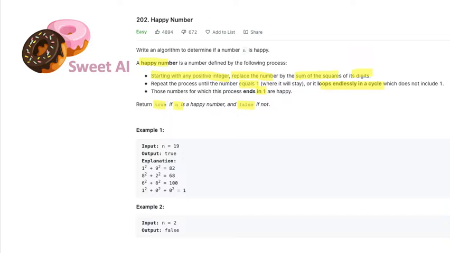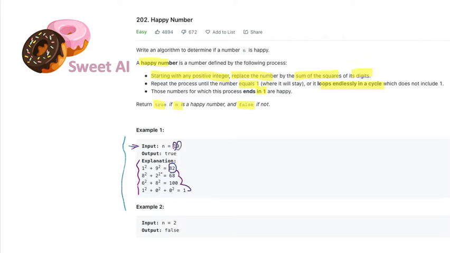Let's go through an example to better understand this question. This example is giving us the number 19 to explore and see if it is a happy number or not. This is how we decide: we square every single digit that the number has and sum them up, and then we come up with a new number and we do the same, and we keep repeating that until we get 1, or until